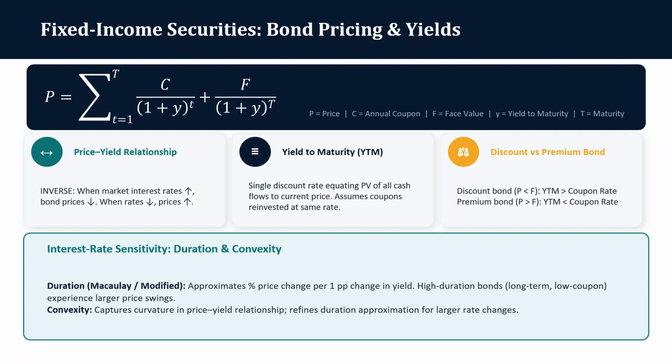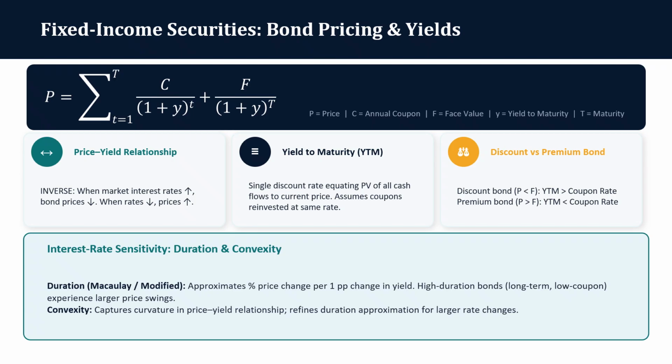Now let us try to understand fixed income securities, especially bonds. A bond is usually a long-term IOU. When you buy a bond, you are lending money to the issuer. This could be a government or a company, and in return, the issuer promises two things. First, to pay you periodic interest called coupons, and second, to pay back the face value, also called as